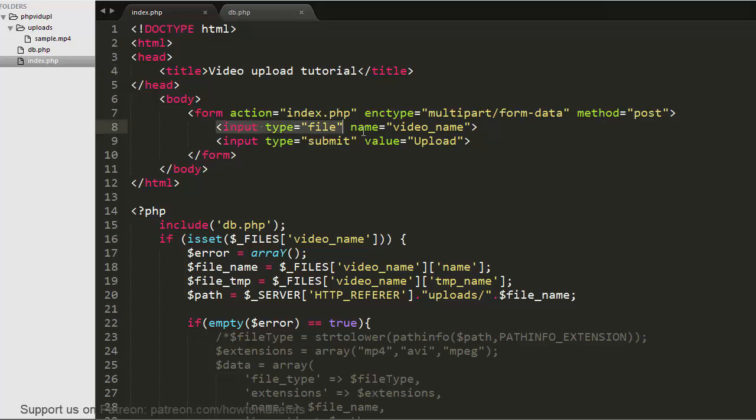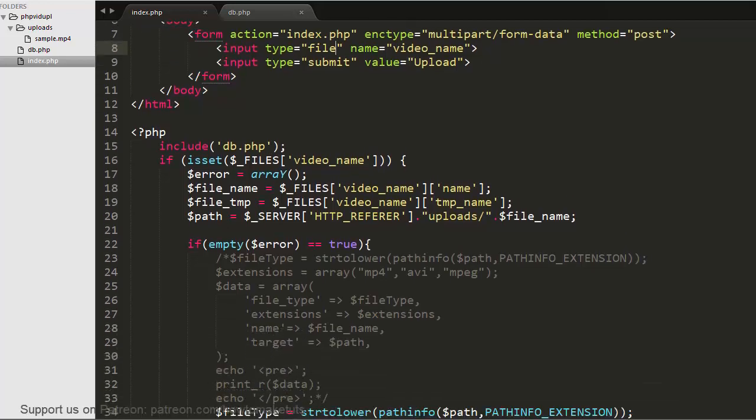Then I have created an input with type file, which allows me to select a file from the system, and I have given it the name video name, and I have created a submit button with a value of